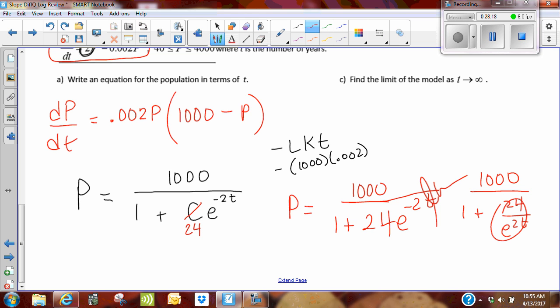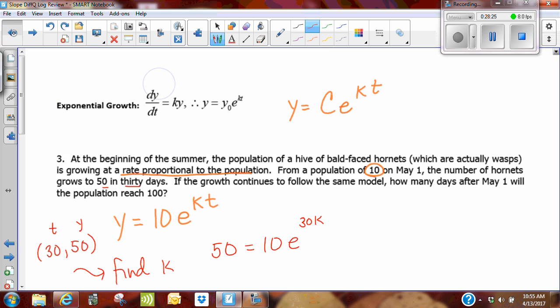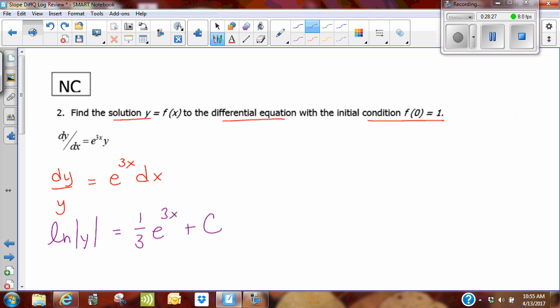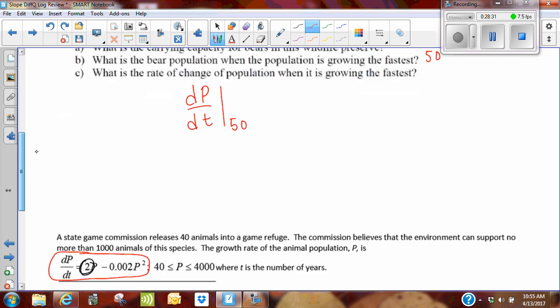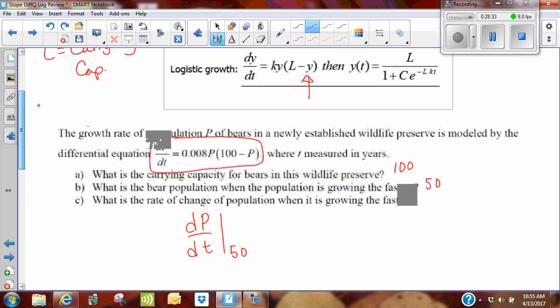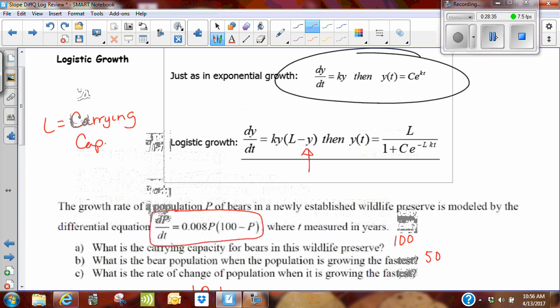Will the limit always be the carrying capacity? For this situation, yes. On all logistic ones, if you recognize L as carrying capacity, does that make sense, like an animal? Yeah. As long as I recognize L as carrying capacity. Yes, that is always going to be the case. Will there ever be a point that requires me to show